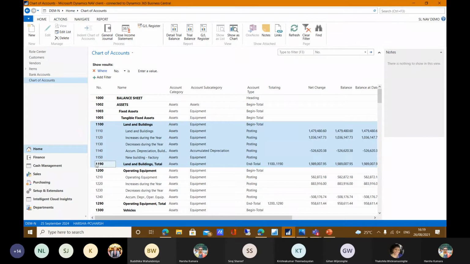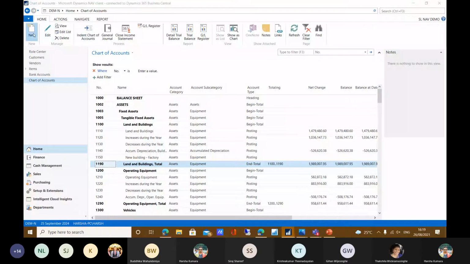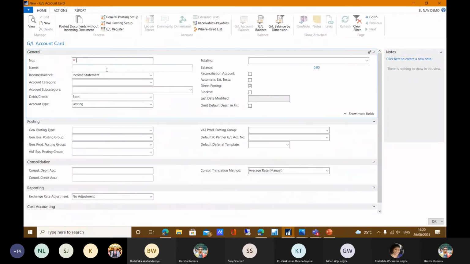Then you have to assign your new building account card between 1100 and 1190. Then we can easily see that account 1160 is vacant, and we can take that number for the creation of the new account card. Then I will go to the New button here, and I can create the number as 1160, and I can assign the name as new building factory.